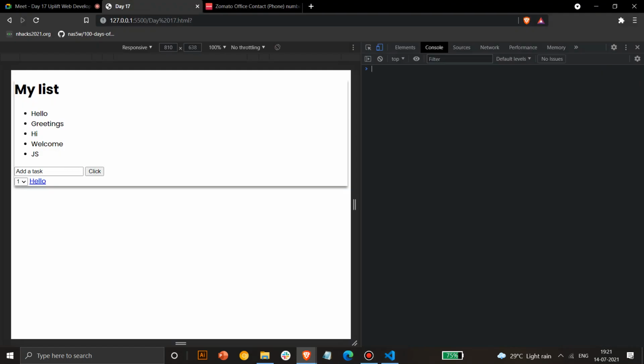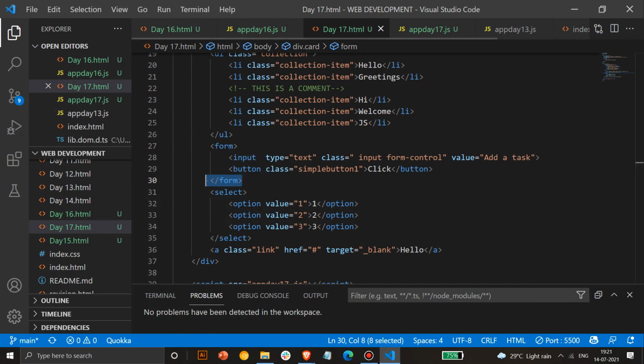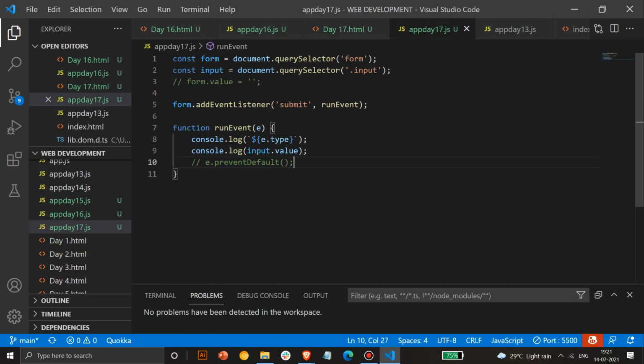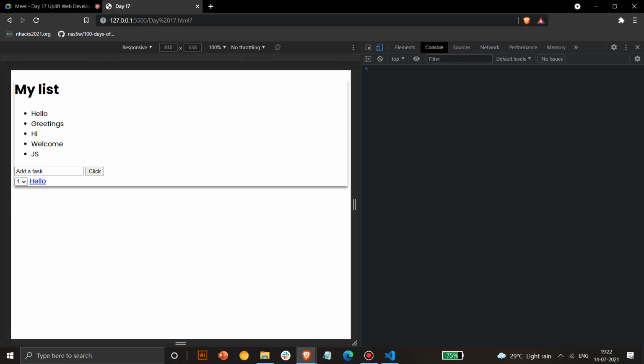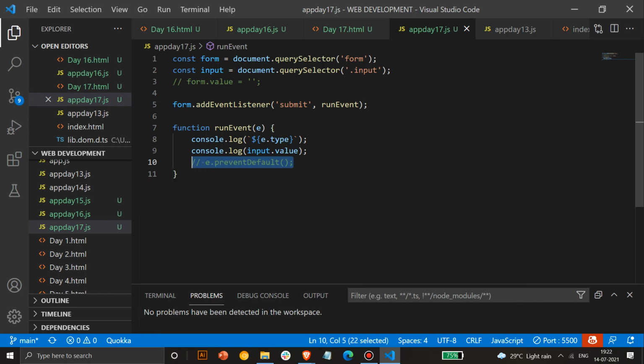To prevent such a characteristic, we need to use e.preventDefault. What it will do is avoid the default characteristics of that element. So what is the default characteristic of a form element? It will redirect to a new page. So it will avoid that, and it will let us print anything in the console. If you wanted to keep it on a specific condition, like if a form is completely filled, you can do that too. But the general purpose of e.preventDefault is to avoid the basic characteristics shown by that particular element.